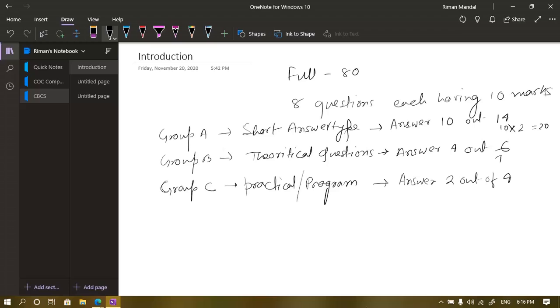Here 4 multiplied by 10, that is equal to 40, and 2 multiplied by 10, that is equal to 20, that sums up to 80. So this is the breakdown of your questions. Now I have covered everything that I have taught in the classes only, and nothing else. There will be no extra questions, nothing from outside the syllabus, only those things that I have taught. Okay,